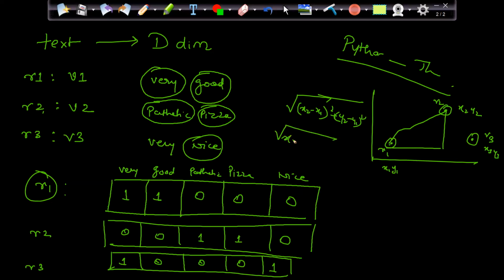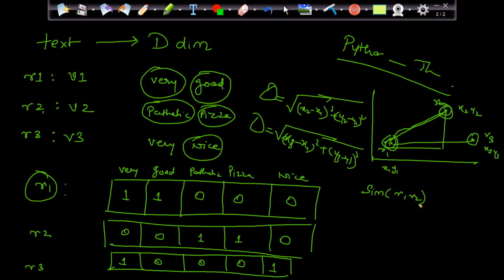Square root of x3 minus x1 whole square plus y3 minus y1 whole square. If this distance is smaller than this distance, then I can say these two reviews are of the same type, because the distance between R1 and R2 is less than R1 and R3. So basically, similarity between R1 and R2 is more than similarity between R1 and R3.